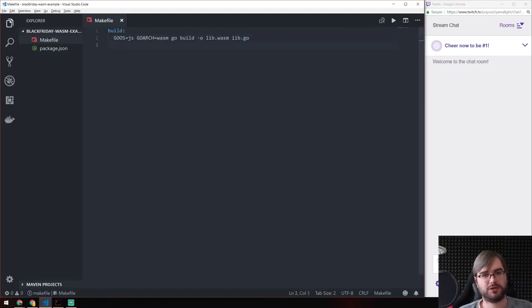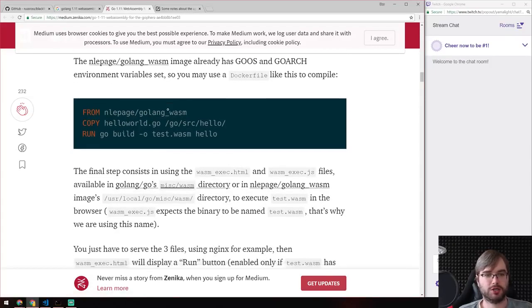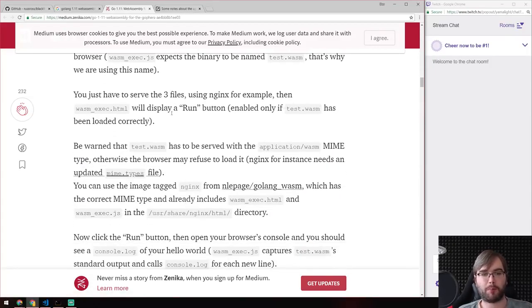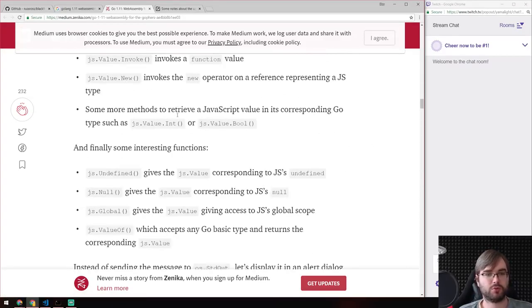So what we did here is we essentially call the same go build command that you would call normally. We assign the Wasm extension to the results, and then we provide the architecture that is WebAssembly, and we provide the operating system, which is going to be JavaScript, because this is the target we compile to. Essentially, this is all you really need to do to compile it, but there are some additional steps required